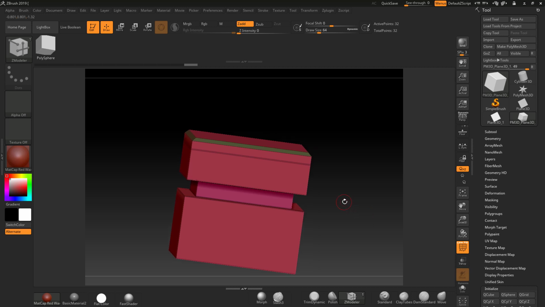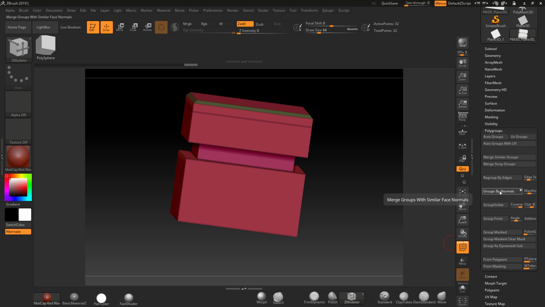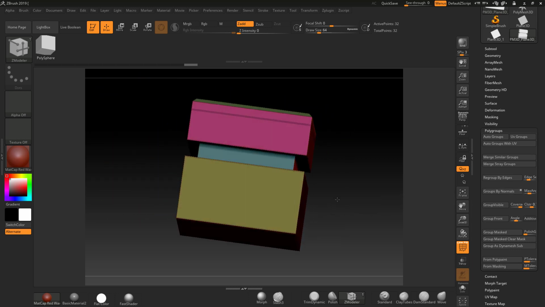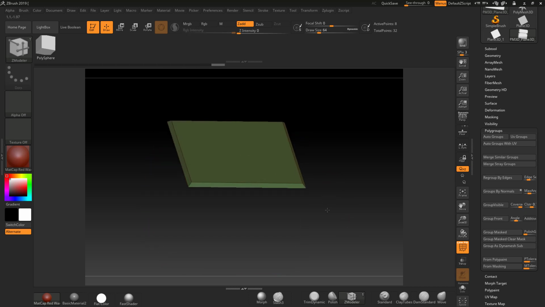So what I'm going to do is go to my poly groups and group by normals. This should give me a ton of different poly groups. And what I think you've got going on here is if I just select this and select this middle bit here,